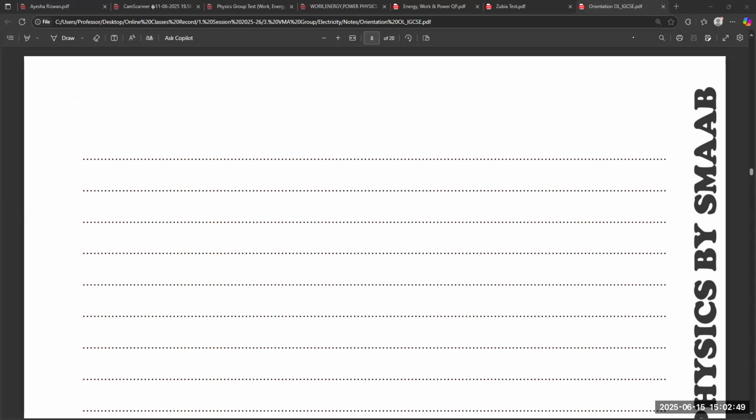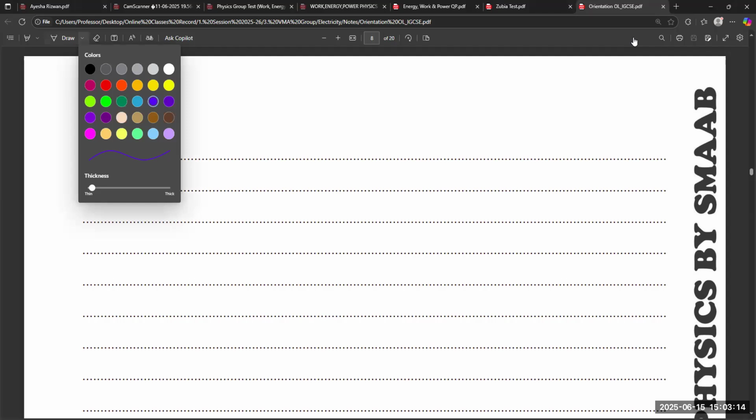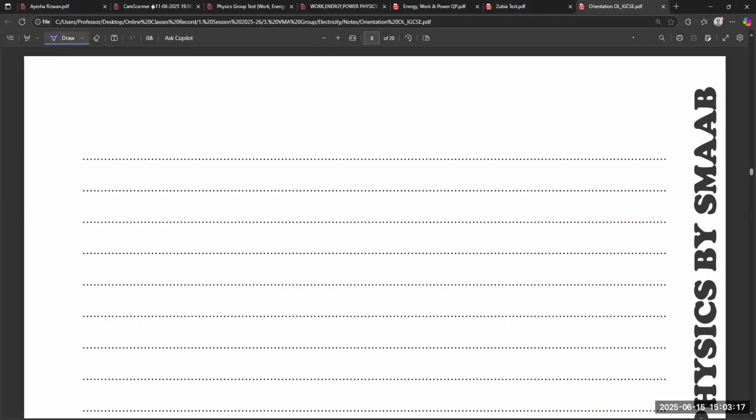Before resistance, we have one more thing to discuss. If we talk about the combination of the sources, like the combination of the cell, because in different devices you observe, in some device we connect cells or batteries in series combination, like one after one, or in some circuit we use parallel combination of the cells and the battery. So what is the difference between them? First of all, let's discuss that. Then we will discuss the concept of resistance.